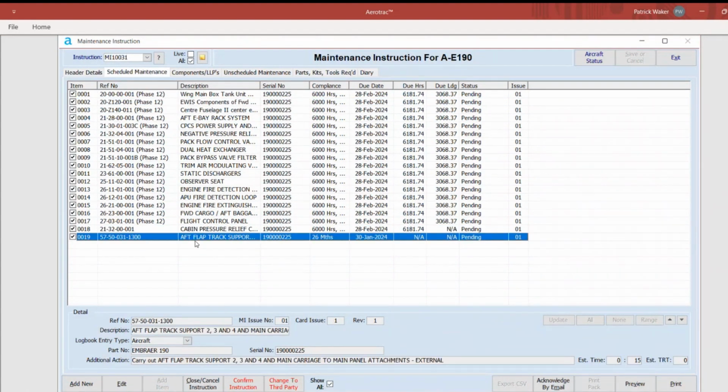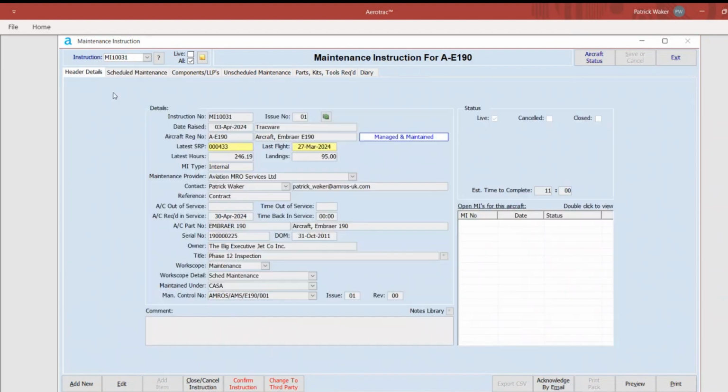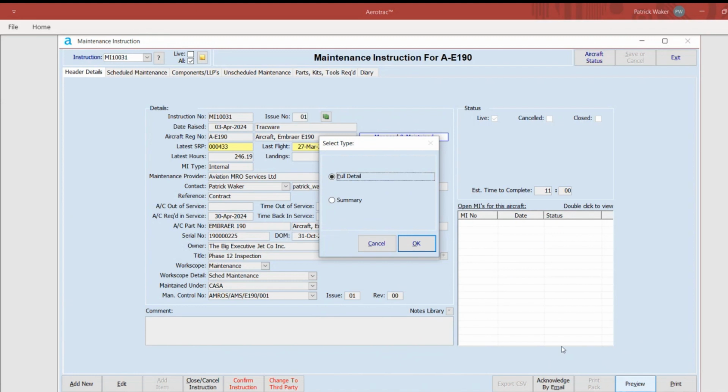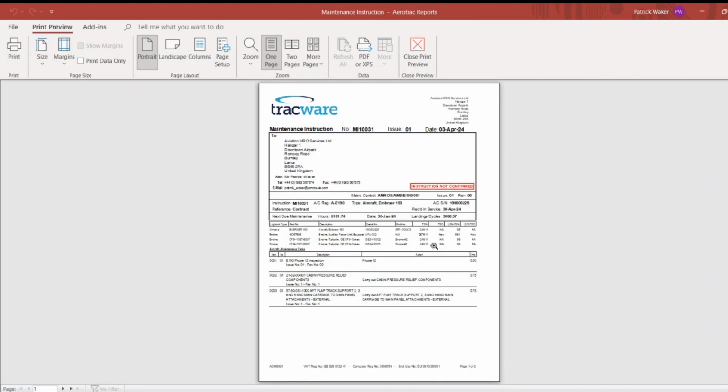And as you can see, they're pretty much all grouped by the phase 12 inspection. Plus there's a couple of other tasks as well, which are due at the same time. So I can then obviously go over that, make sure I'm happy with it. If I'm happy with it, I can push it through to the 145, so I can send them